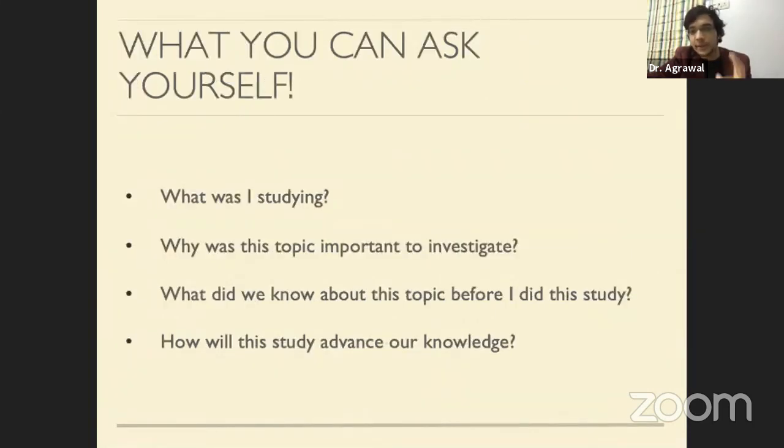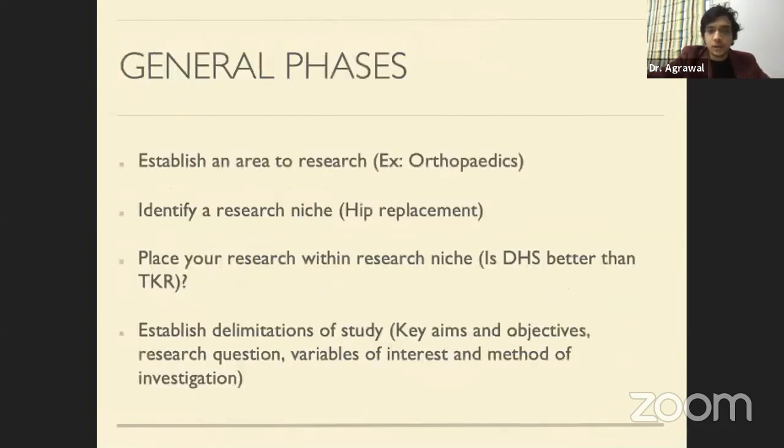What you can ask yourself to write the introduction section is: what was I studying? Why was this topic so important to investigate? What did we know about this topic before I studied? What were the other studies that were done before I chose to publish this? How will this study change or advance our knowledge? And what are the new things that I'm trying to research from this? Okay. So basically, establish an area to research by